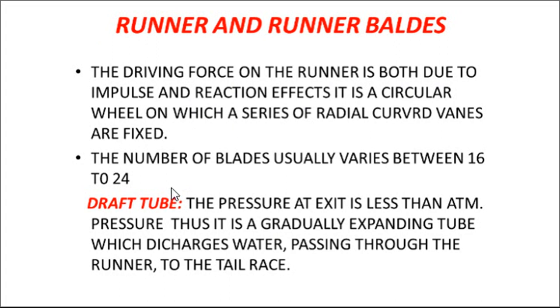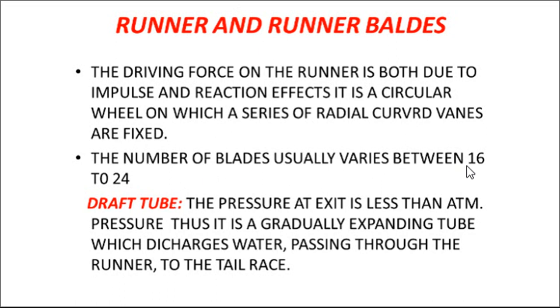Now here you see some partial conversion of pressure energy into kinetic energy taking place in the guide vane. So at the end of the guide vane there is pressure energy as well as kinetic energy. Again, the remaining conversion of pressure energy into kinetic energy takes place in the runner or rotor. There is always a pressure difference with respect to the runner, and the runner rotates because of that pressure difference. That pressure difference is nothing but reaction pressure. That's why it is known as a reaction turbine.